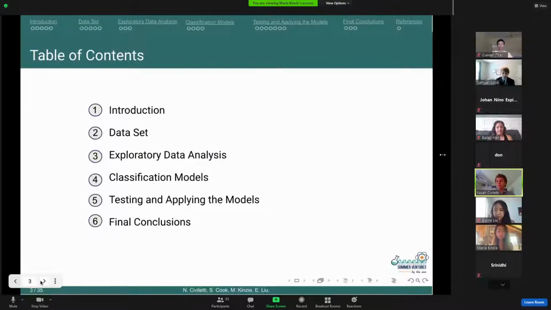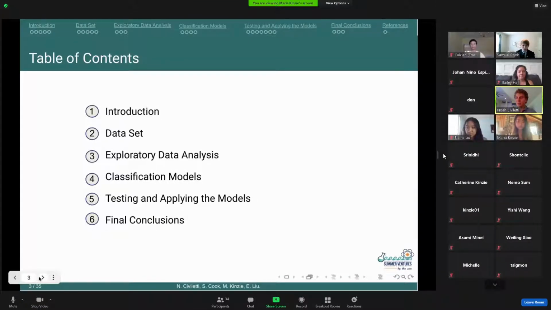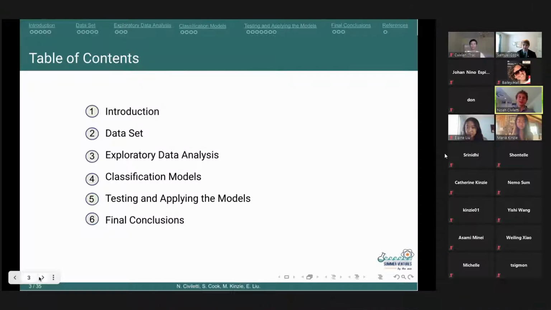So this presentation is going to be split into 6 parts. First, we're going to give a biological background in hereditary cataracts. Then we're going to explain the data we received, and then the relationships we found in this data. Then we're going to talk about the models we used and how they fared on our data. And then we're going to talk about our findings and our future work.